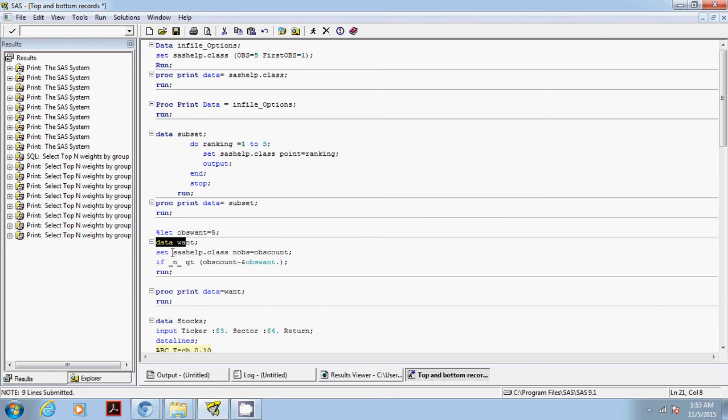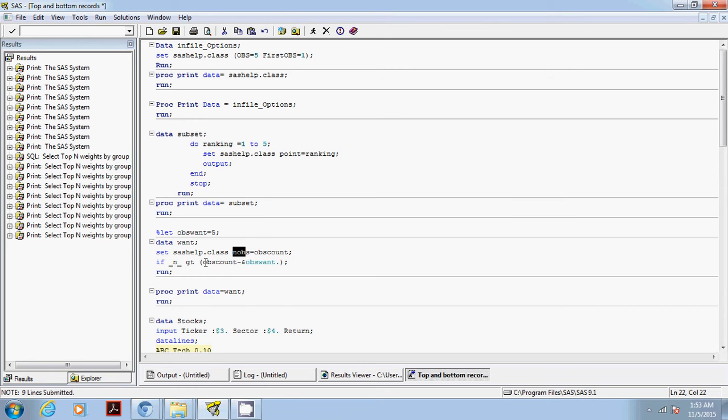In that I'm copying the SAS help.class table. I'm defining the number of observations as obs count. Then if the record number, this n is the number, if the record number is greater than